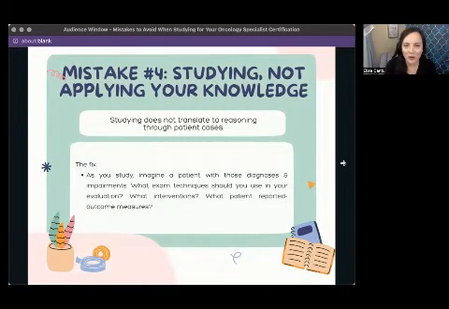All right, mistake number 4, studying, not applying your knowledge. To recap what we've already talked about in this webinar, the Oncology Specialist Certification Exam assesses your ability to apply your knowledge to actual patient cases, right? Every single question that you encounter on the exam, every single one,